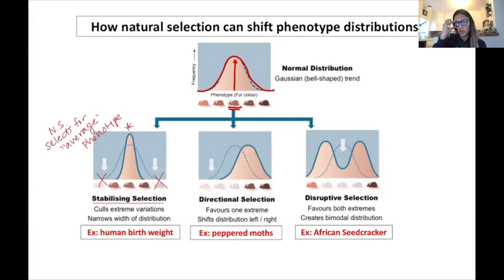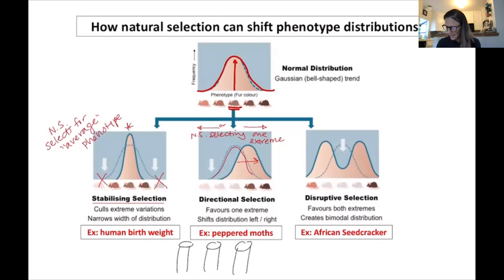The second way that natural selection can drive populations is it can drive populations either in one direction or in the other direction. And that's called directional selection. So here, natural selection is selecting one extreme over the other. So it's going away from the stable middle and it's shifting to one extreme or the other. An example of that is in peppered moths. In the Industrial Revolution, tree trunks went from nice and clean to being completely covered in soot. And so what people saw is that moths that were darker colored survived better. So they were favored to be those moths that could hide better in these sooty